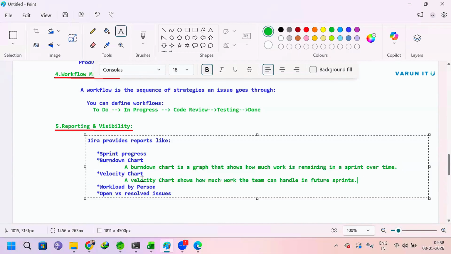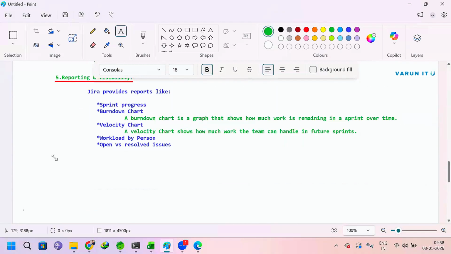Guys, did you see the difference? Any questions? No, sir. Clear? Okay. Now, the next one is